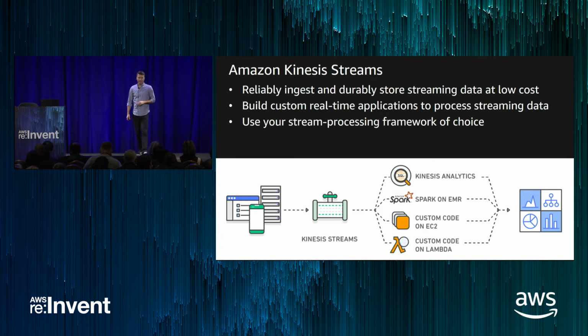So Streams gives you the ability to reliably ingest and store streaming data at low cost. You build your own custom real-time applications. So in this picture, you see there's kind of 4 consumers. Now there's a few different ways that you can consume data off of a Kinesis stream. We have Kinesis Analytics on the top, which I'll talk about, as I just mentioned. Very common is something like Spark running on EMR. So if you are a Spark shop, you already have Spark developers, then if you aren't into streaming yet, if you implement something like Kinesis Streams, you can implement Spark as your consumer on top of a Kinesis